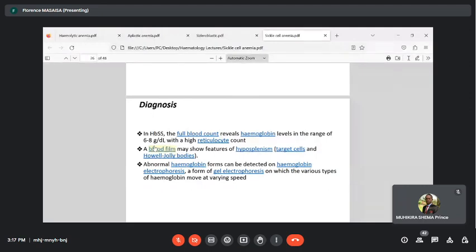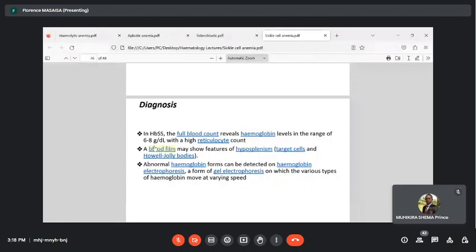There will also be features of hyposplenism. As I told you, the spleen is there to collect and remove abnormal, aged or damaged cells. So in sickle cell, the functioning of the spleen is impaired, making those abnormal cells keep circulating. They also have